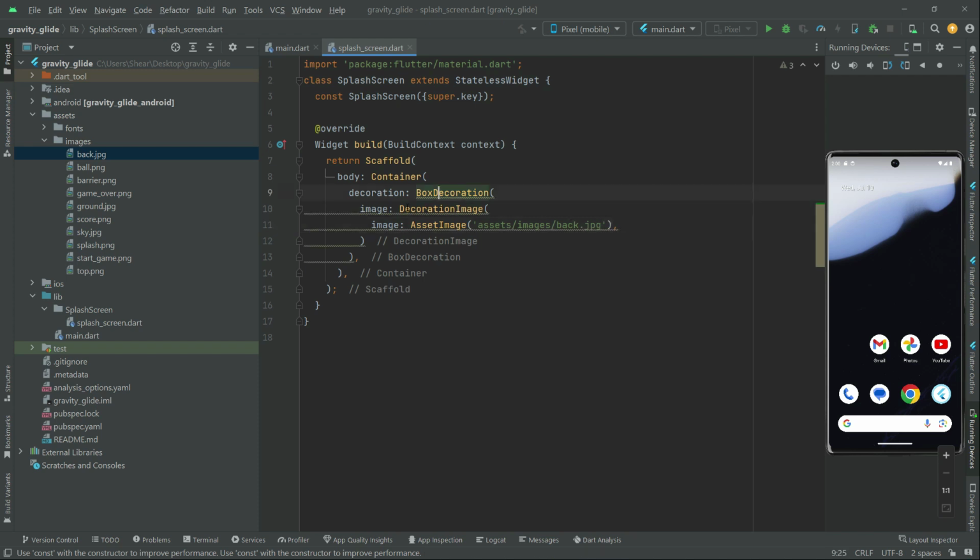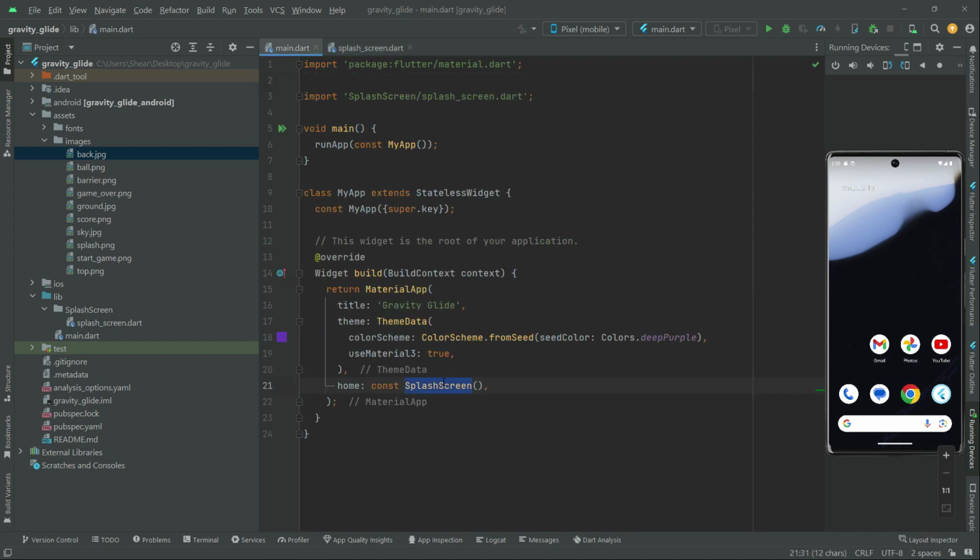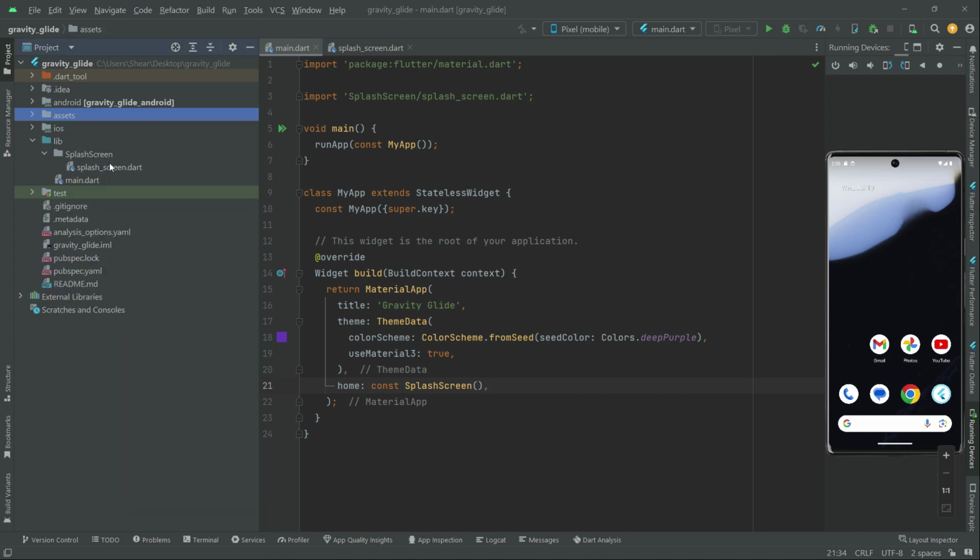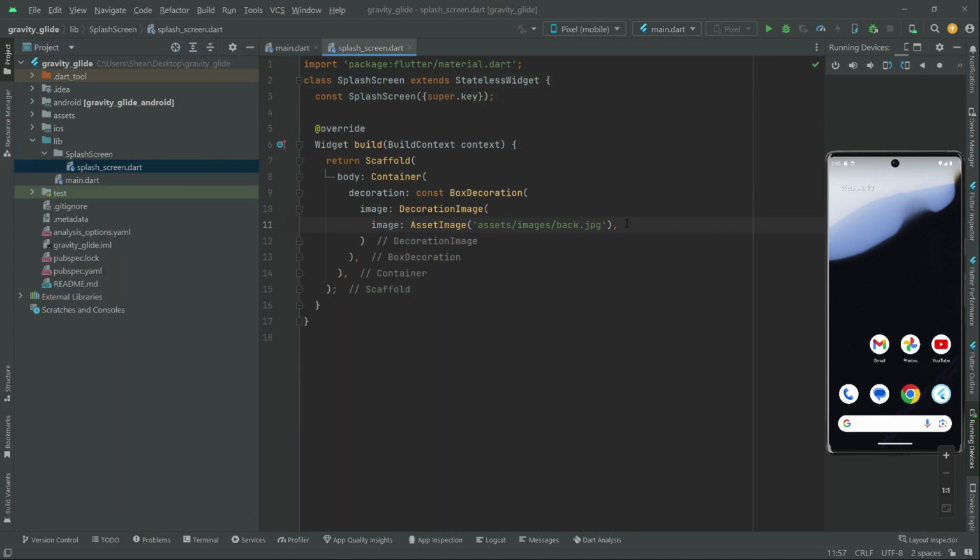And in here I'll just add the const modifier, so the yellow line will be gone. There we go. And let me just check that display screen right in the main.dart. We call it here already. Now we will go back to the display_screen.dart over here. Now I'll just simply run the app, and you guys will notice that image right for the